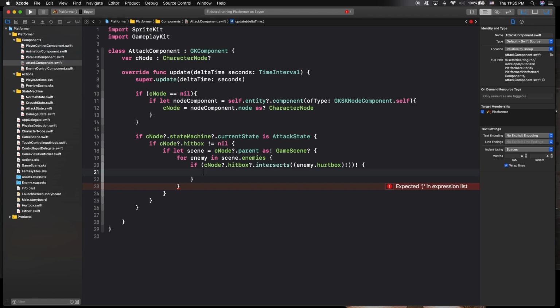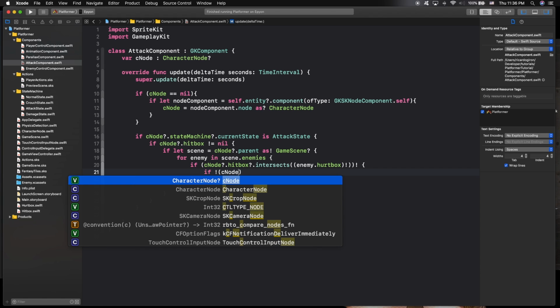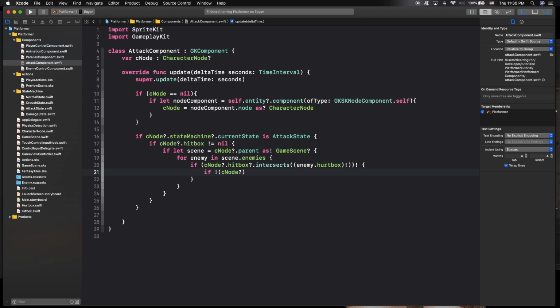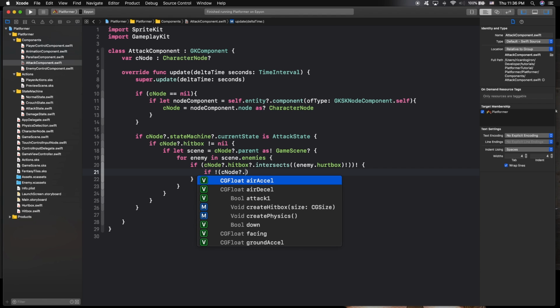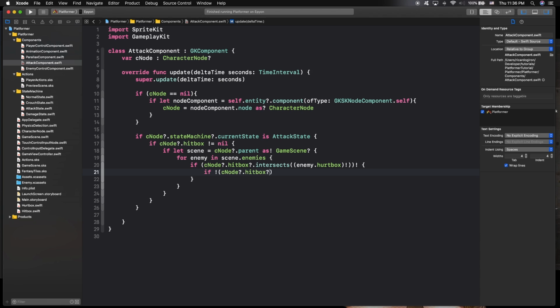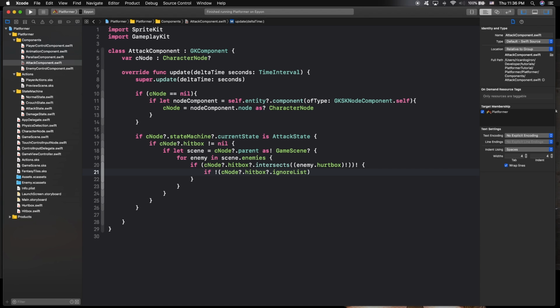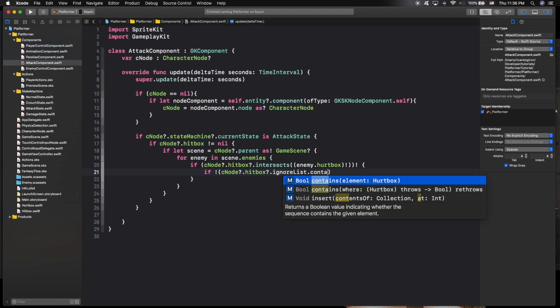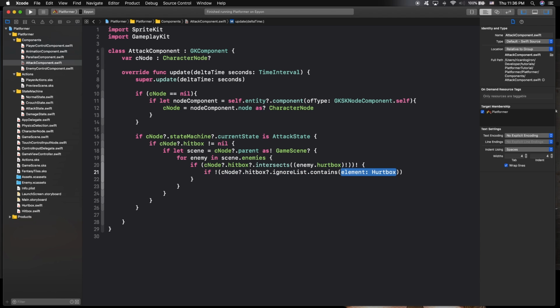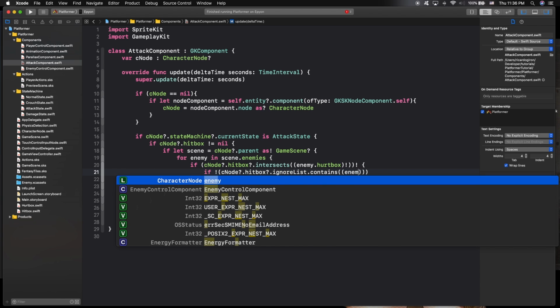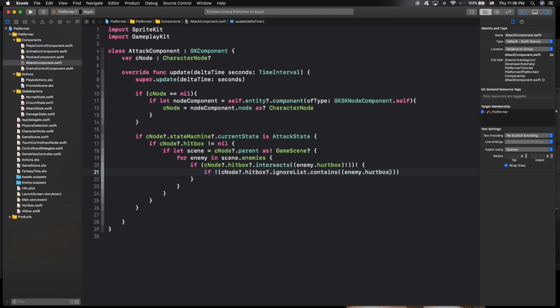If it's intersecting that, then we're going to check again if it's in the ignore list. So if the hitbox dot ignore list contains enemy dot hurtbox,